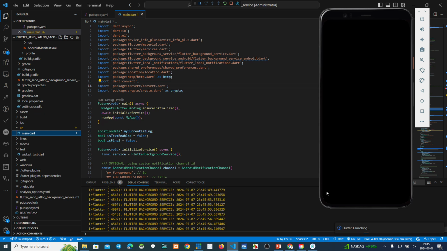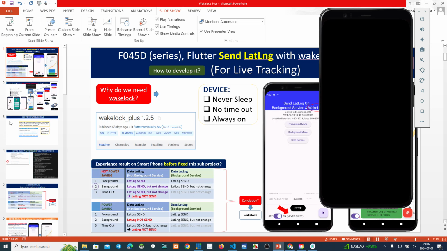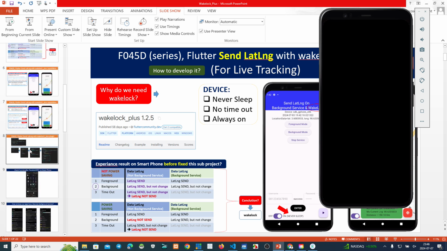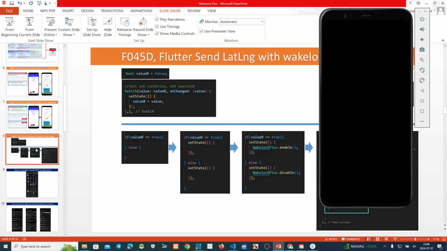And to integrate wake lock into this previous project, yes, we have made here the Flutter Sender Lat Long with wake lock, this one. Yeah, we make a switch. It's better than before.